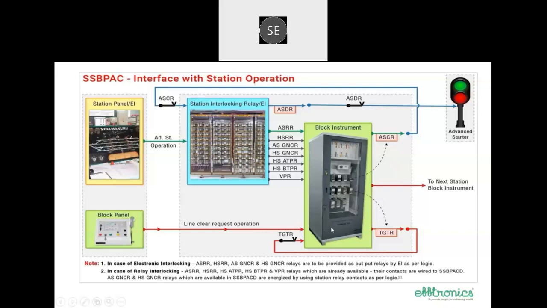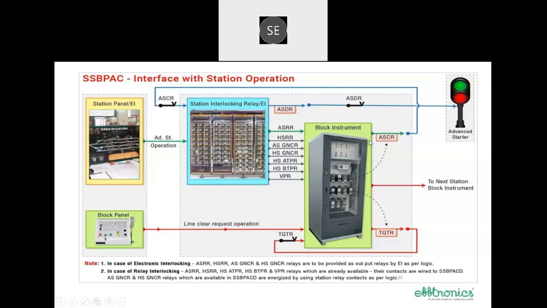So once line clear is obtained, station master operates advanced starter by operating advanced starter RR, and that will go as input to the block instrument. That is, advanced starter RR input is given as a request to the block instrument, and by receiving advanced starter RR, if already line clear is obtained, block instrument will pick up its final output relay,